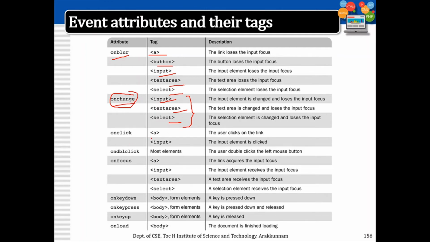Onclick applies to anchor tag and input tags. Ondblclick will be applicable to most of the elements. Likewise, the list of elements and the attributes applicable to those elements is given in these two lists. Just have a look at this to have an idea of what elements have what specific events.